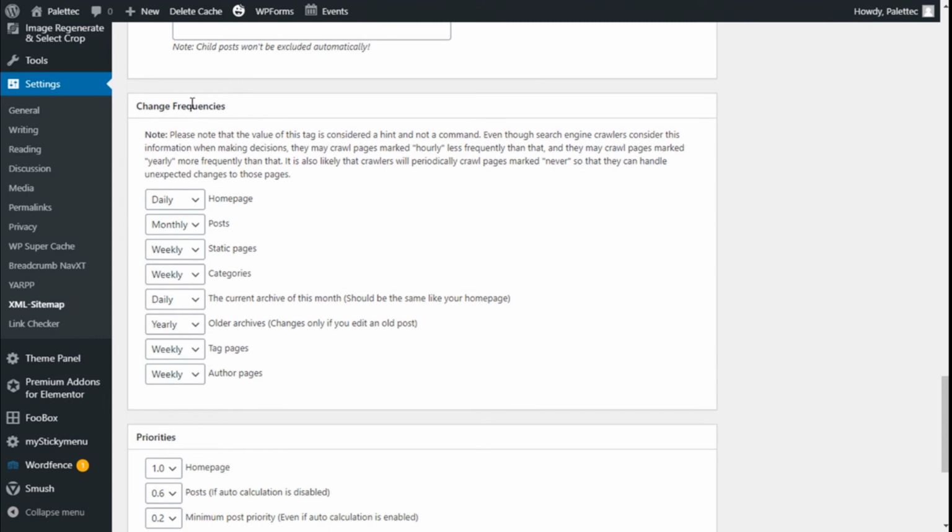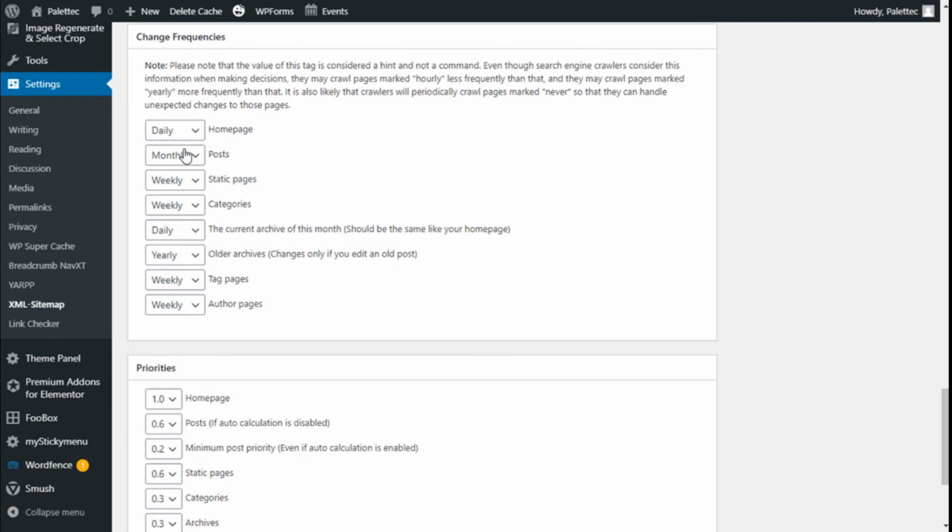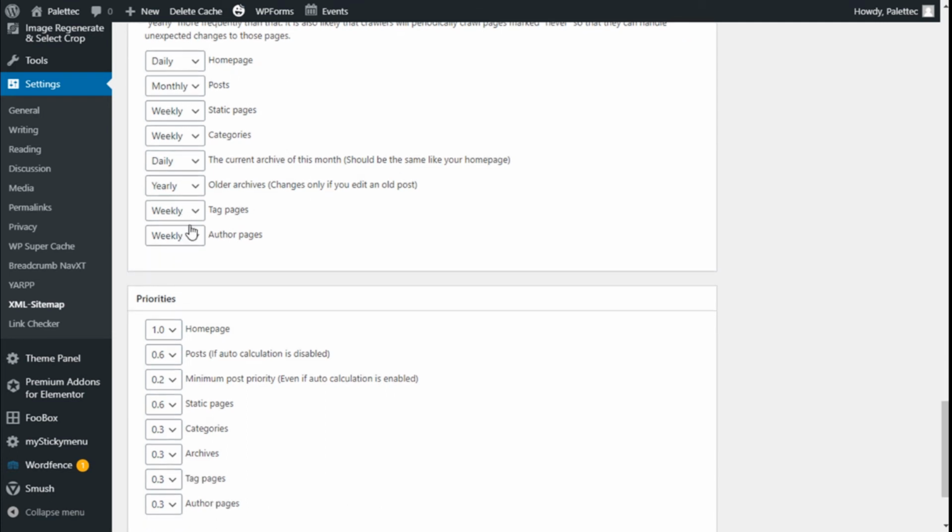And here we can change the frequency. Please note that the value of this tag is considered a hint and not a command, even though search engine crawlers consider this information when making decisions. They may crawl pages marked hourly less frequently than that, and they may crawl pages marked yearly more frequently than that. It's also likely that crawlers will periodically crawl pages marked never, so they can handle unexpected changes on those pages. So even if it's not fail-proof, it's a good idea to give some priority to